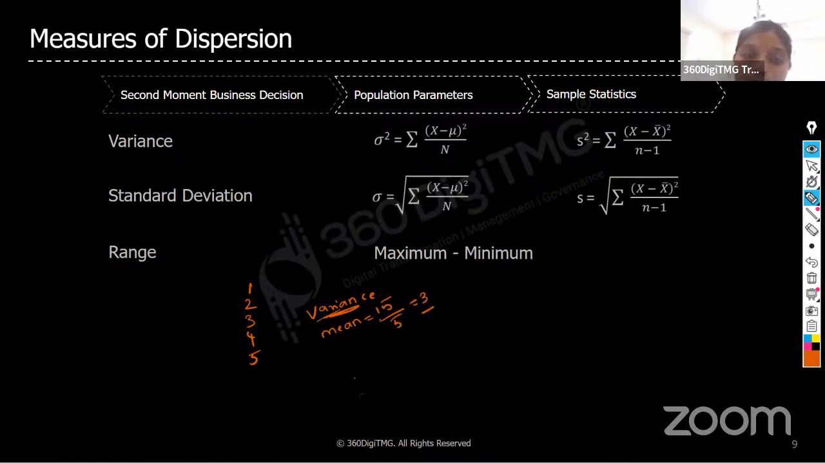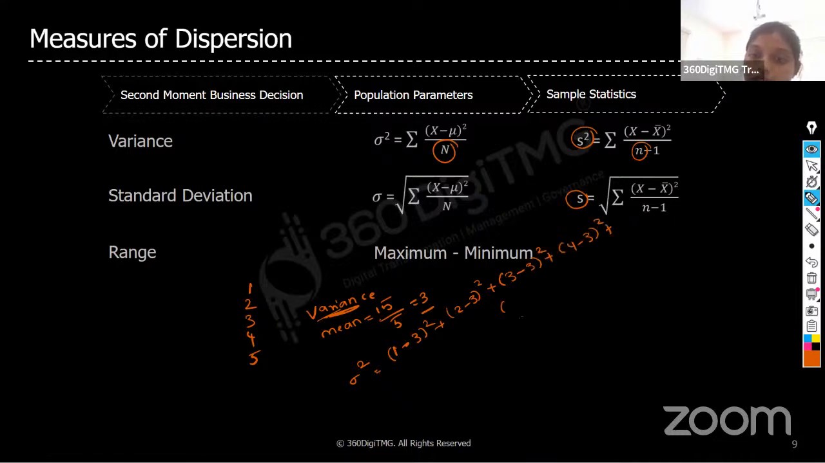Now, what is variance? Variance is indicated with the help of sigma square. And this is a population, so this is capital N. And this is sample, so this is small n. So for sample statistics, variance is S square and standard deviation is S. And then sigma square, imagine this is a population. So sigma square is equal to, first one is each data point, 1 minus 3 square. You have to add all the square differences of each data point with the mean, then you will get the variance. So 2 minus 3 whole square plus 3 minus 3 whole square plus 4 minus 3 whole square plus 5 minus 3 whole square divided by